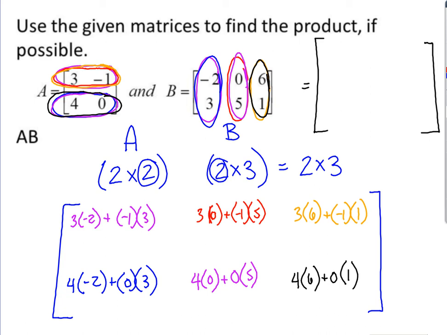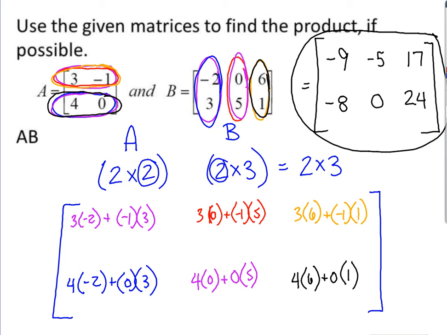So if we do these multiplications, 3 times negative 2 is negative 6, plus negative 1 times 3 is negative 3. So negative 6 plus negative 3 gives us negative 9. 3 times 0 is 0, plus negative 5 will give us negative 5. 3 times 6 is 18, plus a negative 1 gives us 17. 4 times negative 2 is negative 8. Negative 8 plus 0 is negative 8. And then we have 0 plus 0, which gives us 0. Then we have 24 plus 0, which is 24. So our final solution